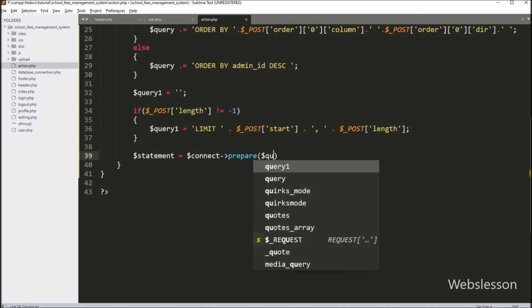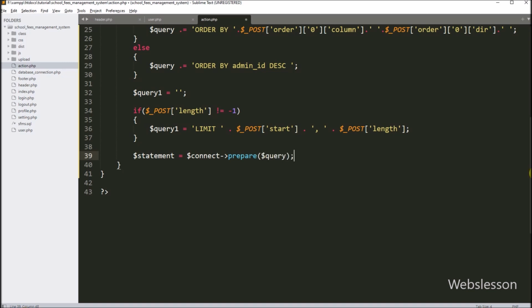And under this method, we have to write the $query variable, so it will make the query for execution. Then after, we want to execute this query, so here we have to write the $statement variable with the execute method, so it will execute the $query variable query. Now we want to get the number of filtered data, so for this we have to write the $number_filter_row variable is equal to